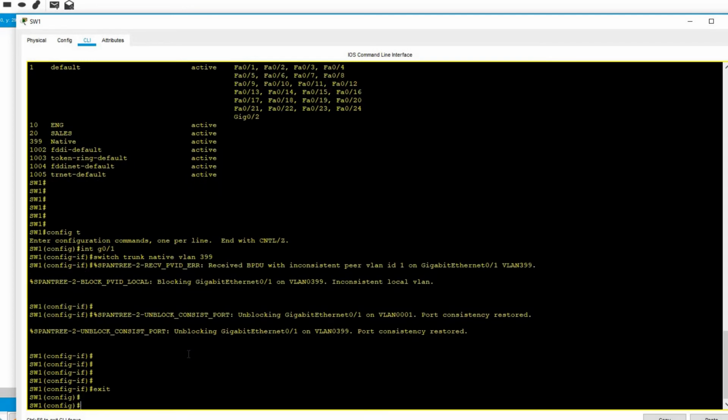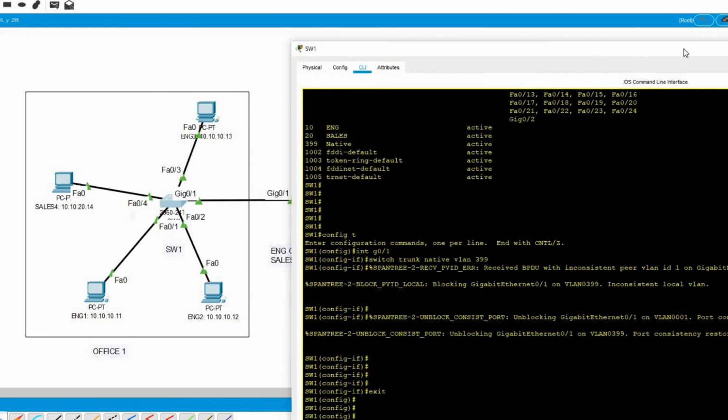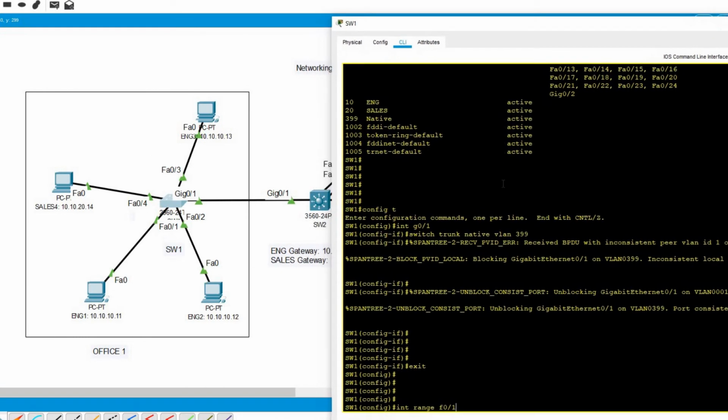Back to the configuration level. Interface range fast Ethernet 0/1. Let's see. As you can see,